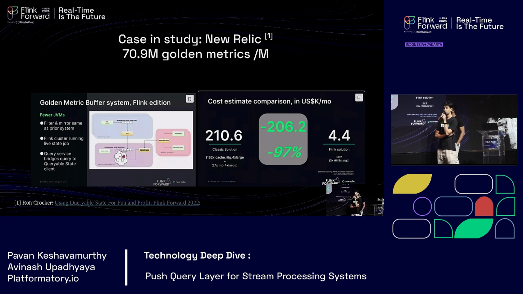So in other words, Flink is being used here as a Redis-like look-aside cache, but at a much lower cost footprint. Basically because you're querying state directly out of Flink as opposed to syncing the output to some output port